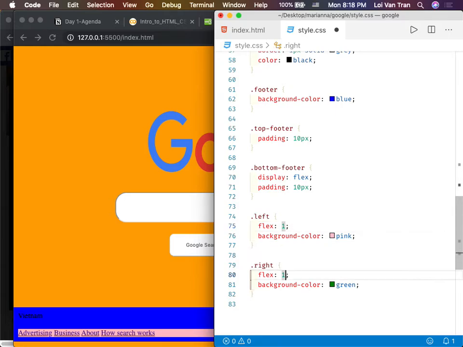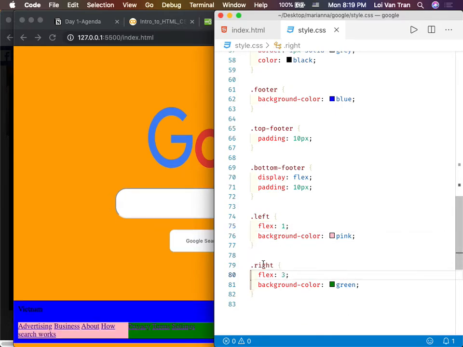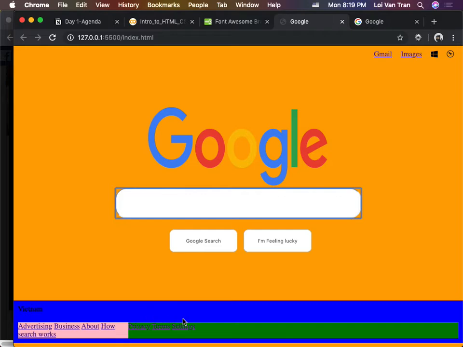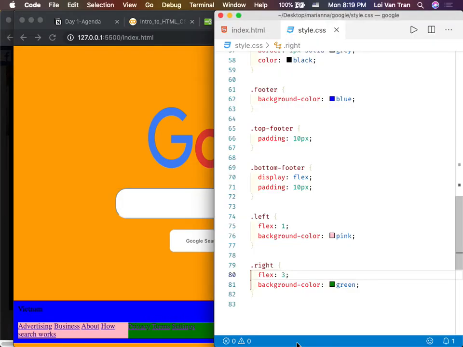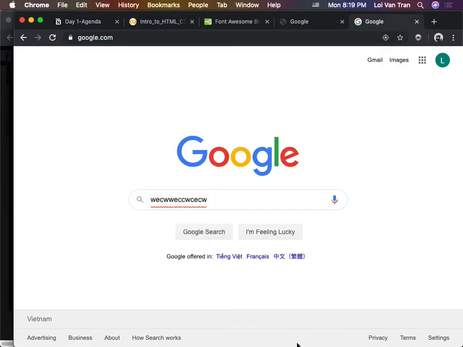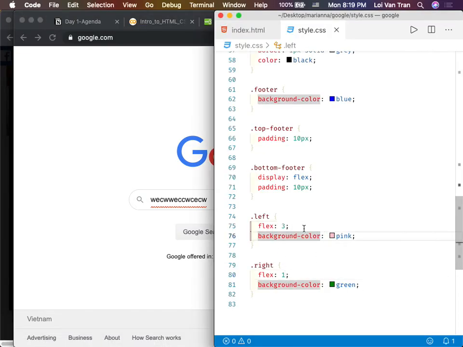Obviously, if we do the inverse, where we give the first element 1 and the one on the right 3, we would see that our right grows to take up the most space. Right? So we're going to do 3 and 1, because that's exactly what we see on GitHub or on Google. Okay, so now we're going to do